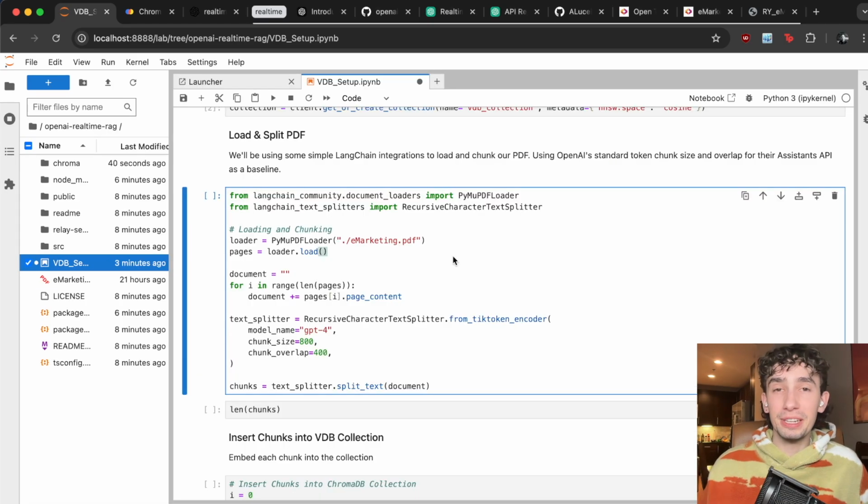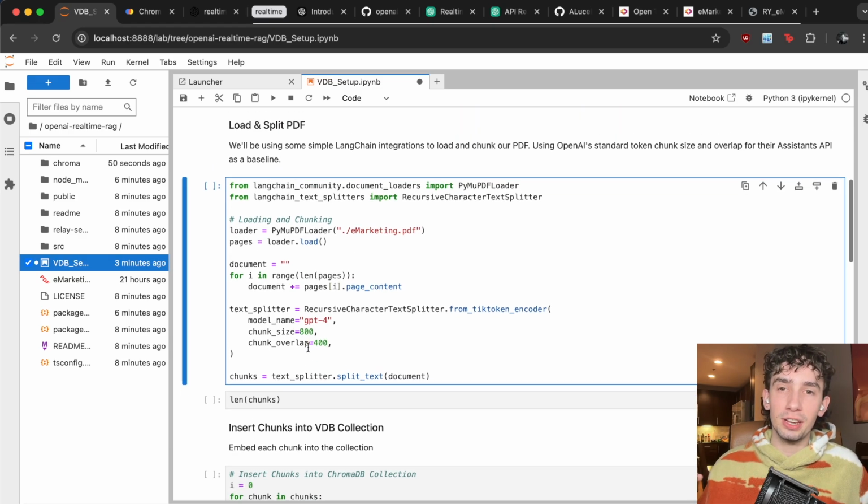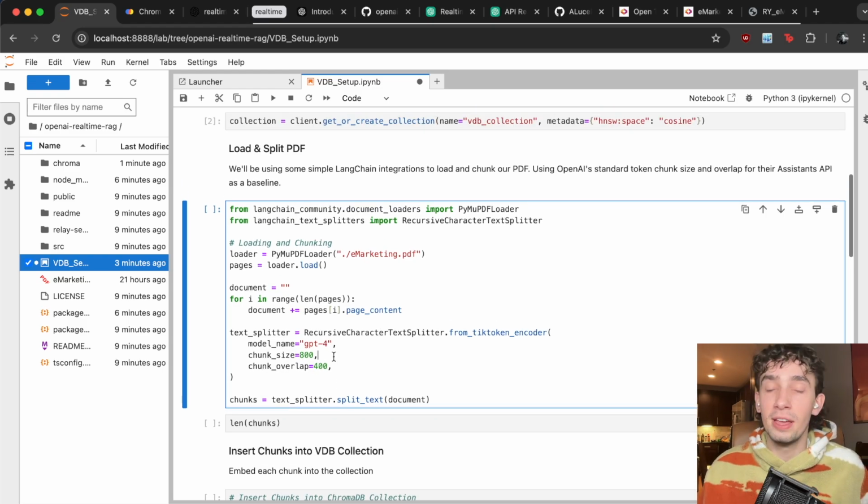VDB_collection. This VDB_collection is where we're going to embed all of the different chunks when we get to chunking our PDF. Speaking of chunking, I'll be taking advantage of some of LangChain's different integrations with the PyMuPDF loader and chunking it with a chunk size of tokens actually. So I'll be using a recursive character text splitter to split this into chunk sizes of 800 tokens with a